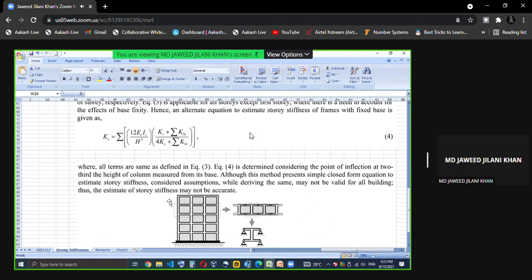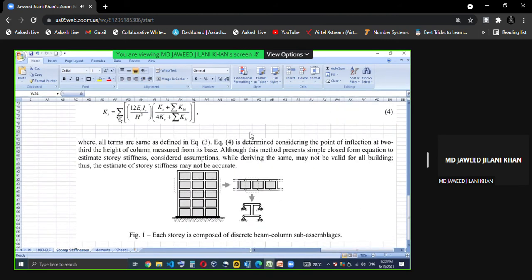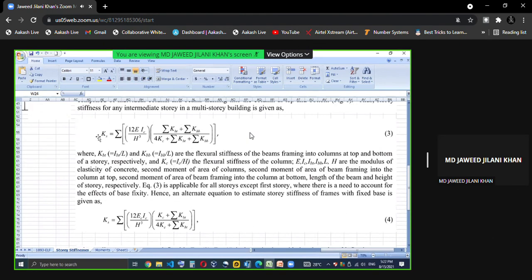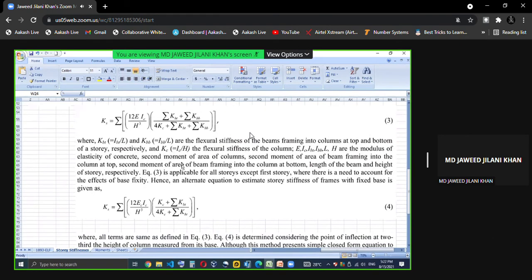So this is how you will get the total stiffness. This is for the intermediate story, and this is for the bottommost story. For the intermediate story you will get it from the bottom beam and top beam.